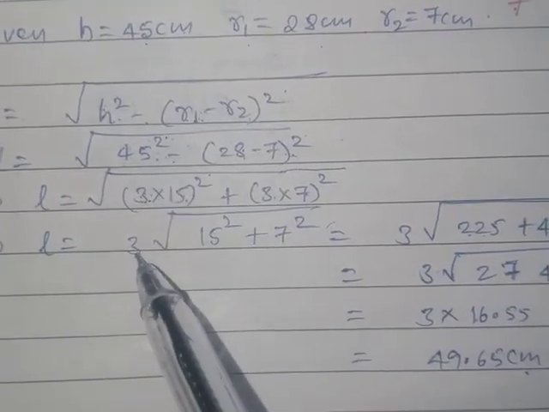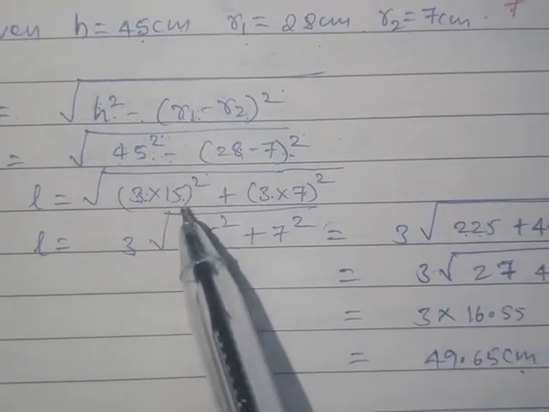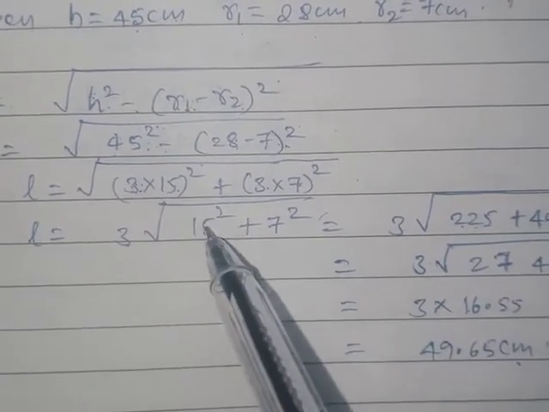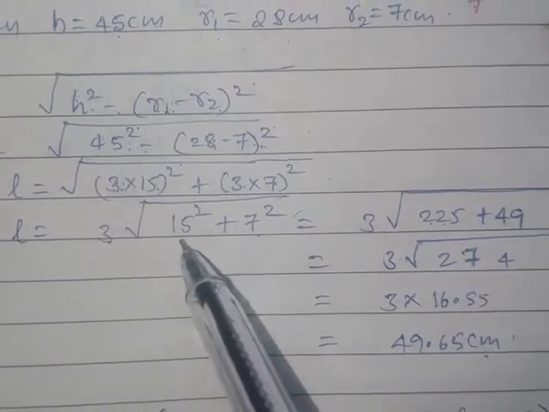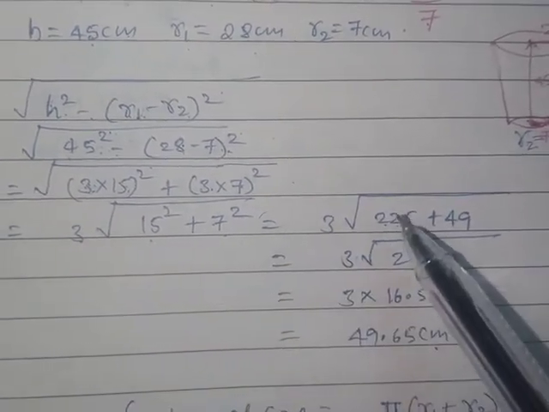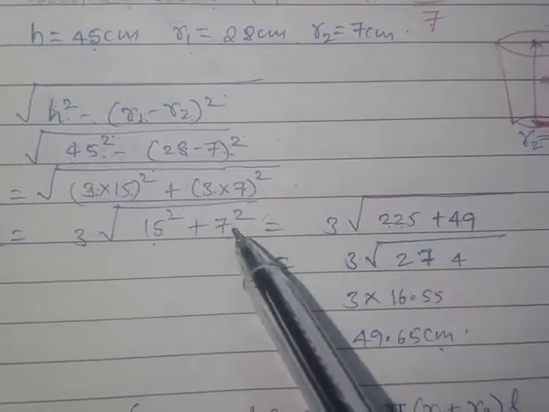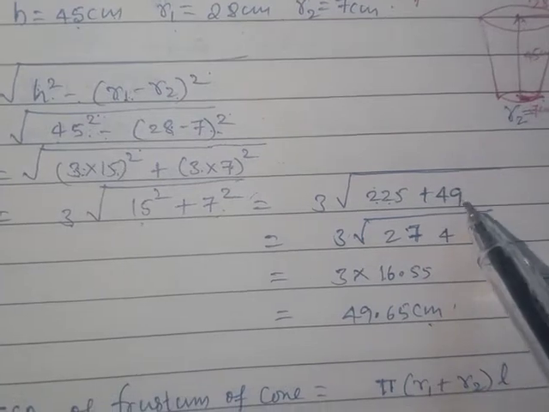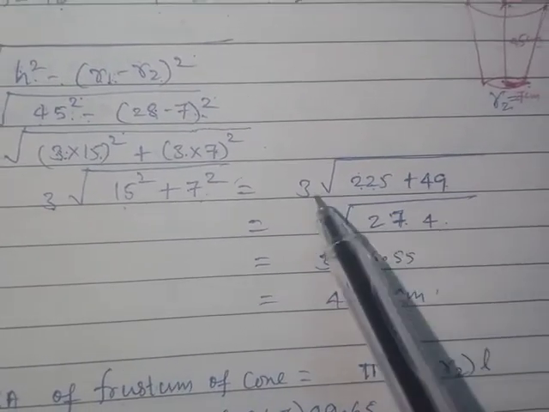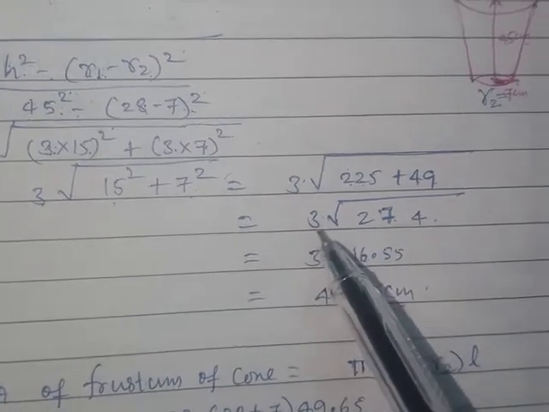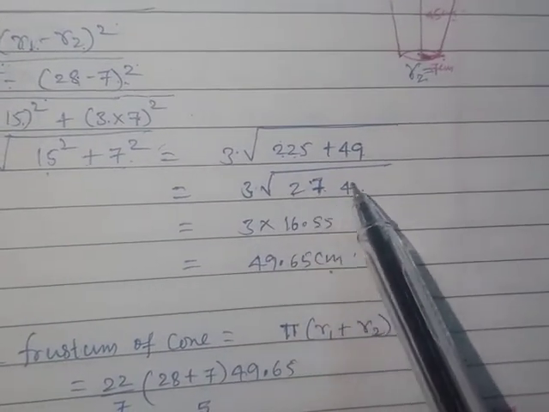Therefore 3 is taken as common factor. Therefore the things remaining inside the bracket are 15 square plus 7 square. The square of 15 is 225 and the square of 7 is 49. The sum of 225 and 49 is 274, and 3 will be outside of the square root. Therefore, the square root of 274 is